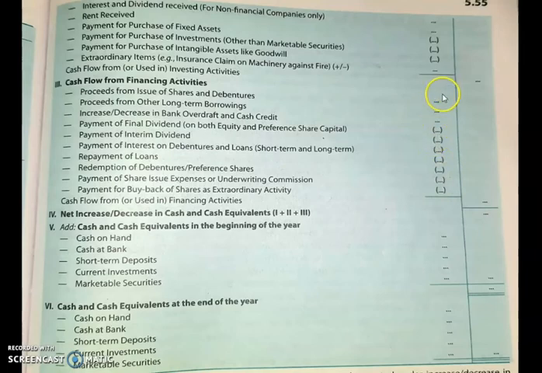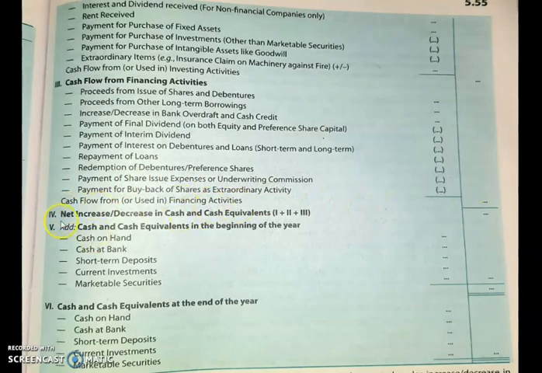After adding the cash inflow related to financing activity and subtracting the outflow of cash in financing activity, the result you will show in the outer column, and the wording you are supposed to use is cash flow from or used in financing activity. As in the earlier case, if it is positive, use the word from, that is cash flow from financing activity. If your answer is negative, you have to use the words cash used in financing activity.